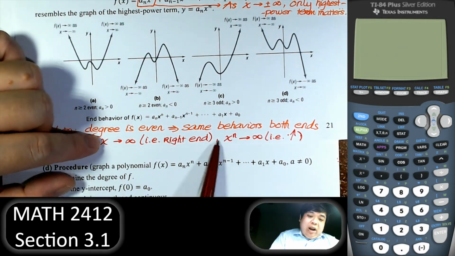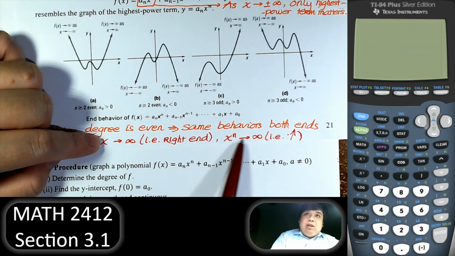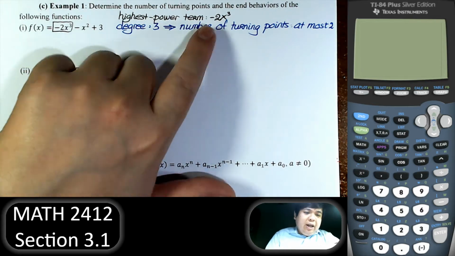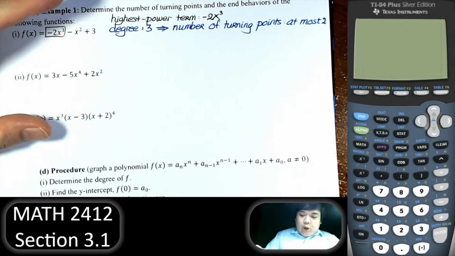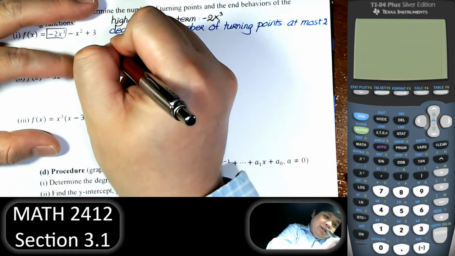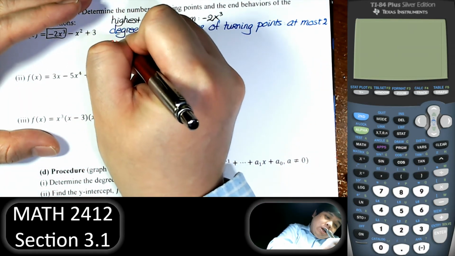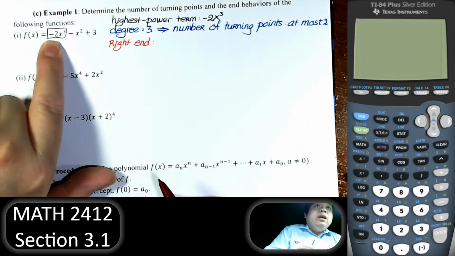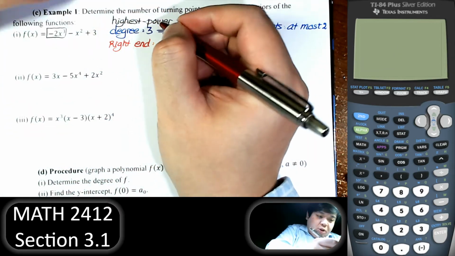So this is the right end go up. If we have x to the n, of course, go up. Now, the highest power term is negative x cubed. So the right end is not always up, but the right end here will be as x goes to infinity,